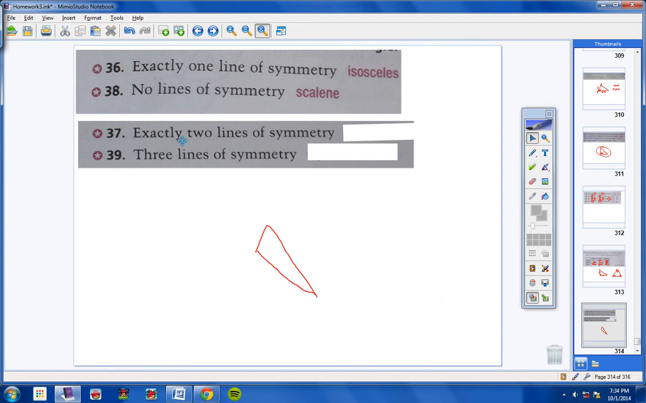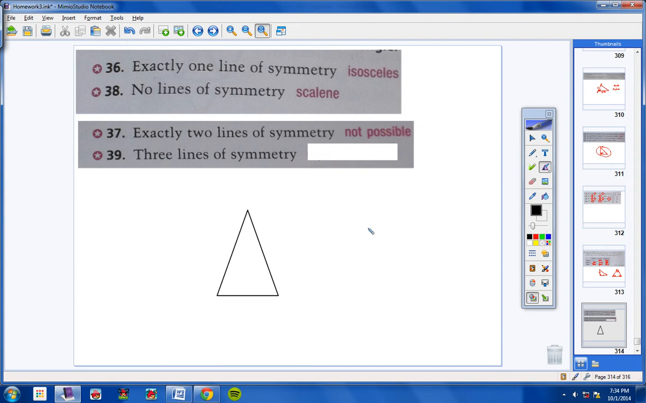And I apologize, I skipped number 37. I did 36, 38. So now, just to thoroughly confuse you, we're going to go ahead and do 37 next and then 39 last. So number 37, exactly two lines of symmetry can't be done. It's not possible. Think about it. If a triangle like this